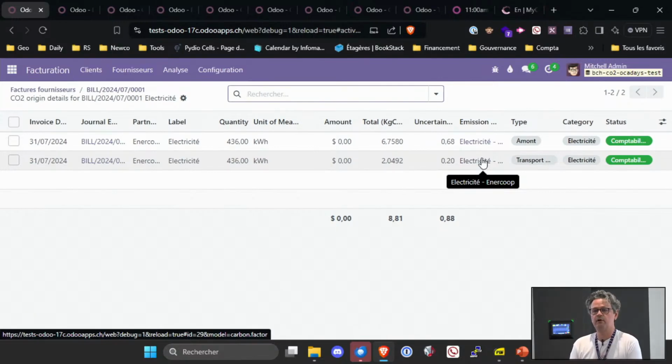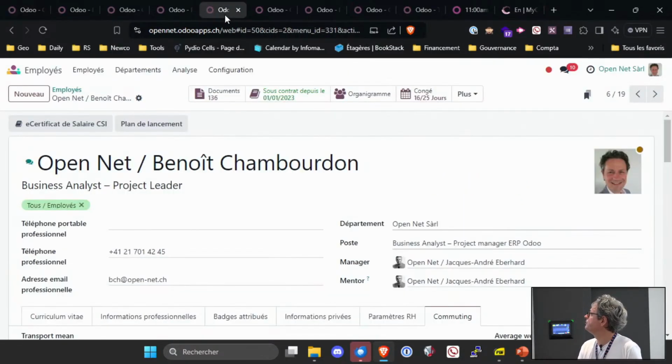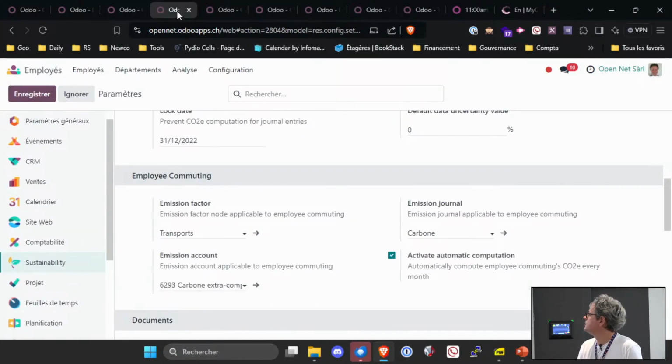Let's have a look at the employee module. When you go to the sustainability parameters, you have the ability to define the way it's going to be computed. First, you define all the emission factors that your employees will be able to set in their HR module.